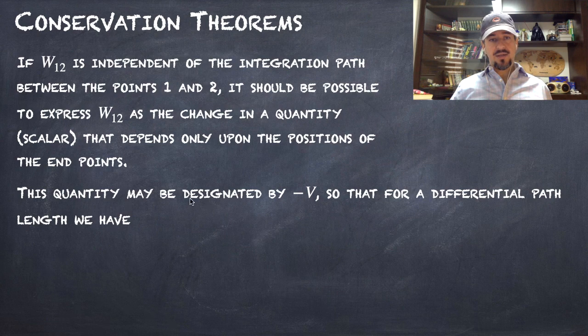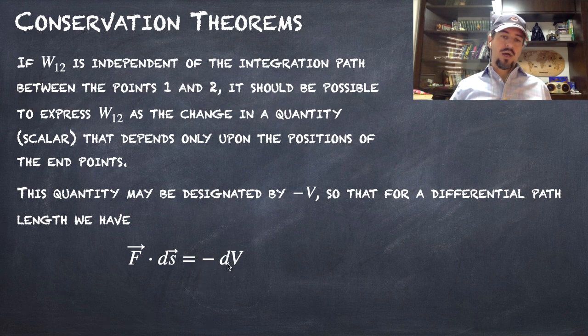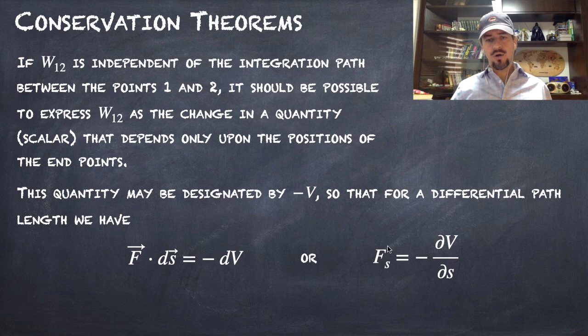This quantity may be designated by minus V, so that for a differential path length, the work is going to be minus dV, the difference in this quantity V,